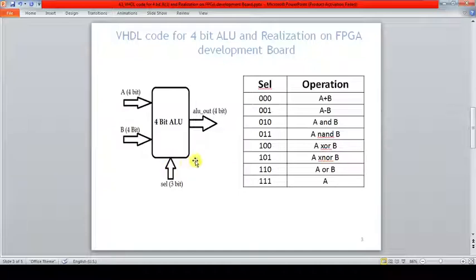So how it works? When select line is 0 0 0, we are going to do the operation of A plus B, and that is going to the output ALU out.